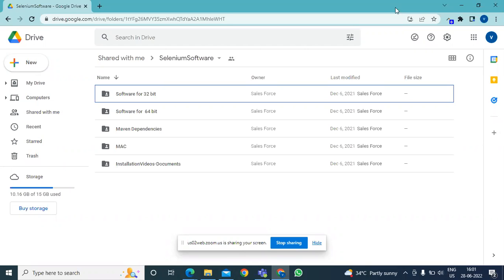Sure. So what I could see is you are already accessing our Selenium software directory folder that you already have. To give a background, Selenium is a browser automation software, which you will be learning in the upcoming classes. Before you come to the classes, we should have all the software ready, right? So if you go to the website,